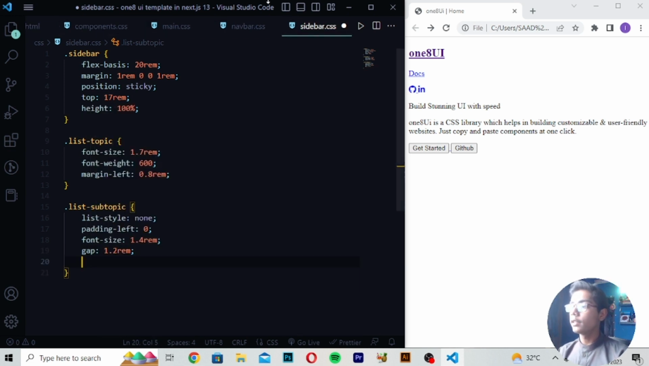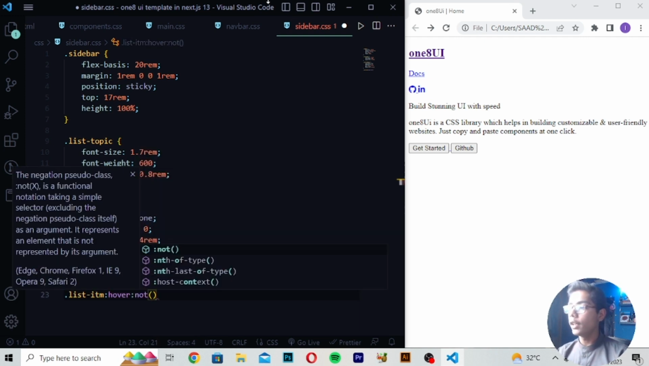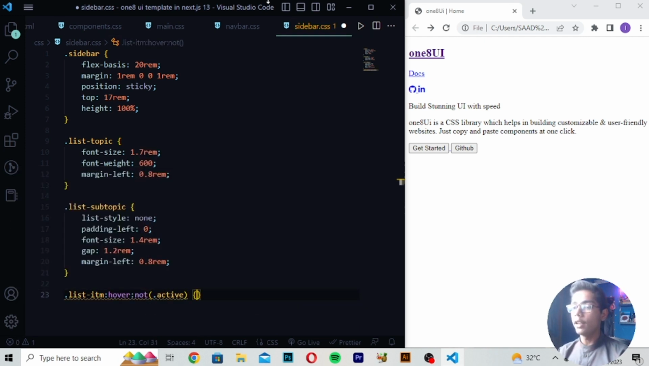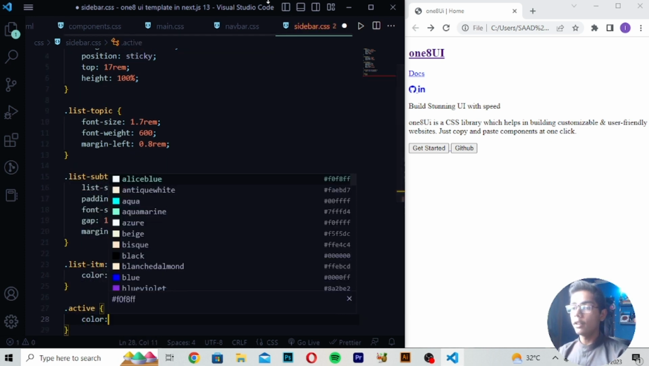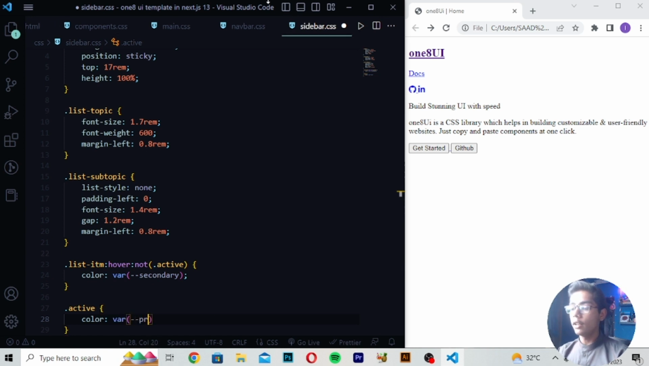Then when you return this thing, I will be writing margin left, and in margin left I will be writing 0.8 rem. Here you have to write list item like this, right here hover, then I will be writing not, and after writing this not, here you have to write dot active, and write this tag here, write color, which should be var, and in var I will be writing secondary. Here you have to close it, write here dot active, and then write here text color var, write here primary,